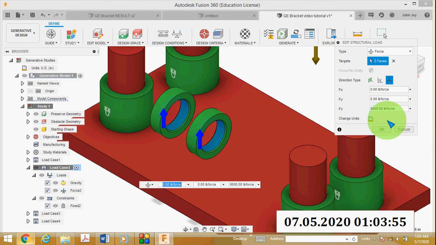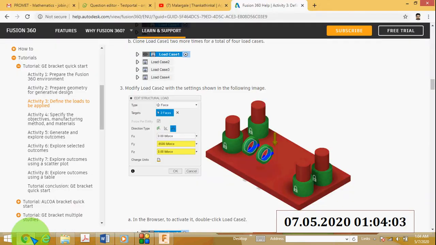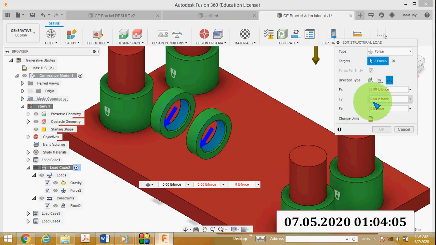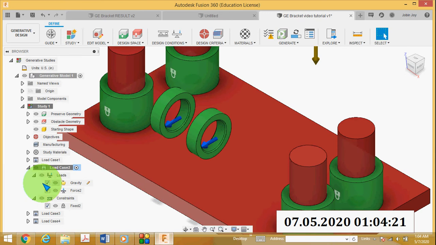Here change the Fz value to 0, and the Fy value will be minus 8500. Then click OK. So that is load case 2.